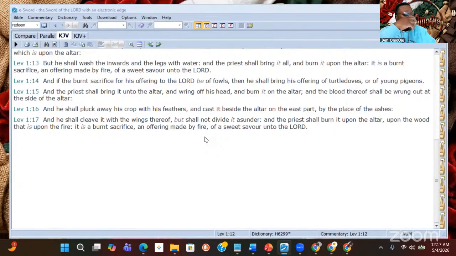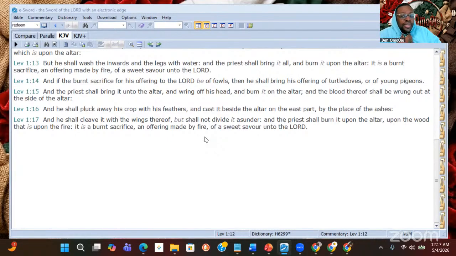So that's the part of a bird where they store food. So it's undigested food that would be in the craw. So that's the part that they tear out, that they remove, as well as the feathers before they put it on the fire. So they pluck the feathers off. This is saying pluck the feathers off and remove the craw.